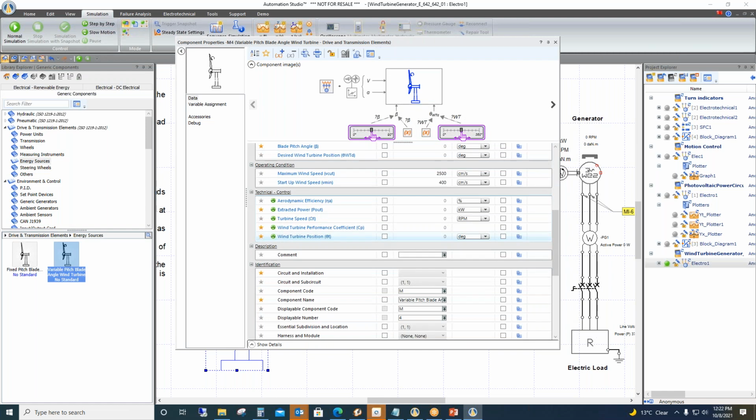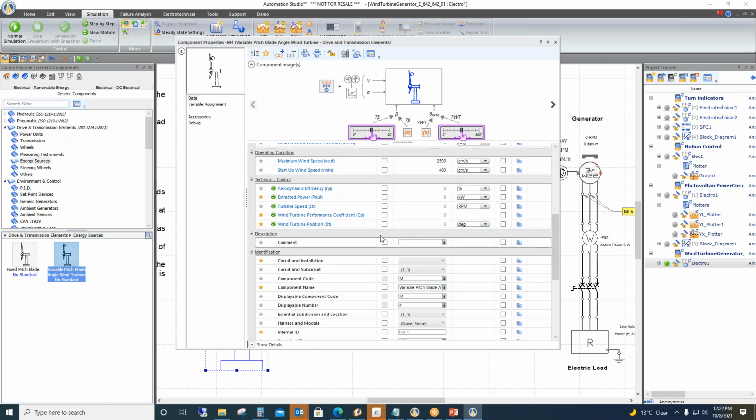Yeah, but in our model we have a provision to change that, but you need to build a logic. So it is not an automated wind turbine. You will need to build a logic. We have given the variables, so using those variables you can change the pitch. But the minute I change the pitch, it again becomes fixed like the one shown previously.